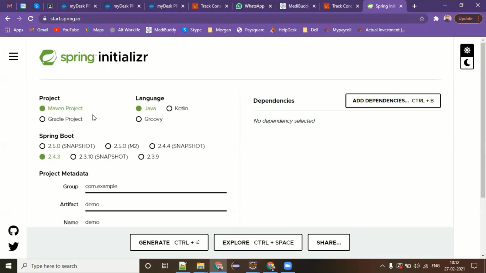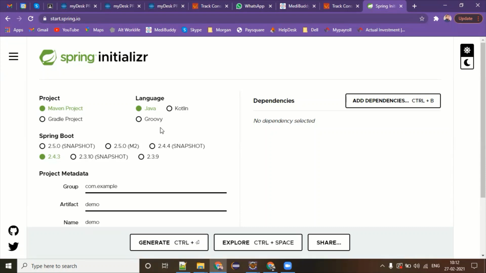So again, syntax wise and coding wise, you will not face much problem in Kotlin also. I never got a chance to work on Kotlin, to be very frank, but I feel that it is similar to Java. So if you are an Android developer, you can easily select Kotlin. If your company prefers Groovy, then usually this combination is good, a Gradle project with Groovy. So this is what people prefer. But right now we have selected Maven as a project and Java as the language.